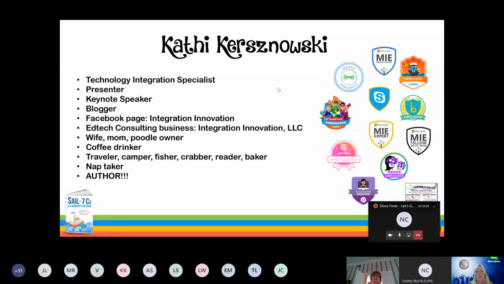Some of those badges over on the right let you know about some of my affiliations and the companies that I work with, and that I'm just especially fond of and hopefully somewhat proficient at. I always start presentations by showing this badge right here. Yes, I'm an MIE expert, and I'm a very, very proud one. I'm proud to carry that badge. The word expert always scares me a little bit, because I'll be the first to admit I'm a fangirl.